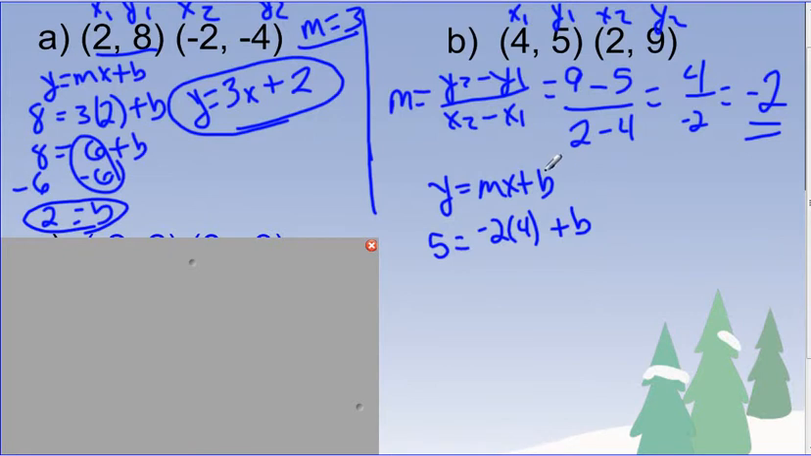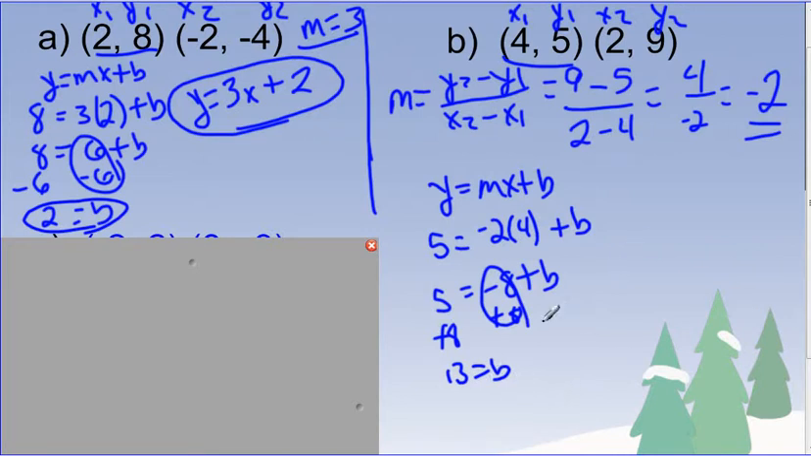And look at that. We have one variable left over. Let's solve for it. This gives me negative 8. I need to add 8 to get rid of the negative 8, so it cancels. Add 8 there, and we got 13 equals b,